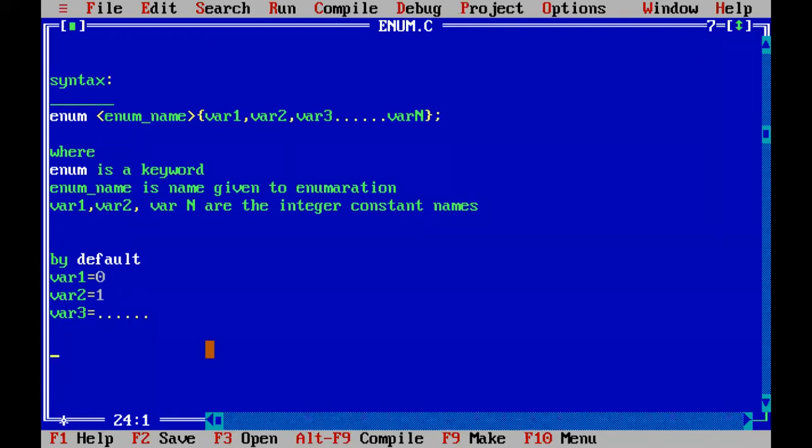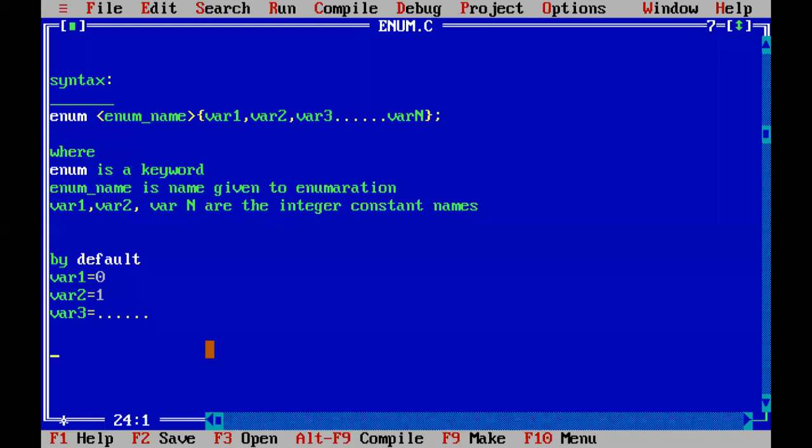Now, till now we have written the definition for enumeration. Earlier, for structure also, we wrote some syntax for creating the structure definition.